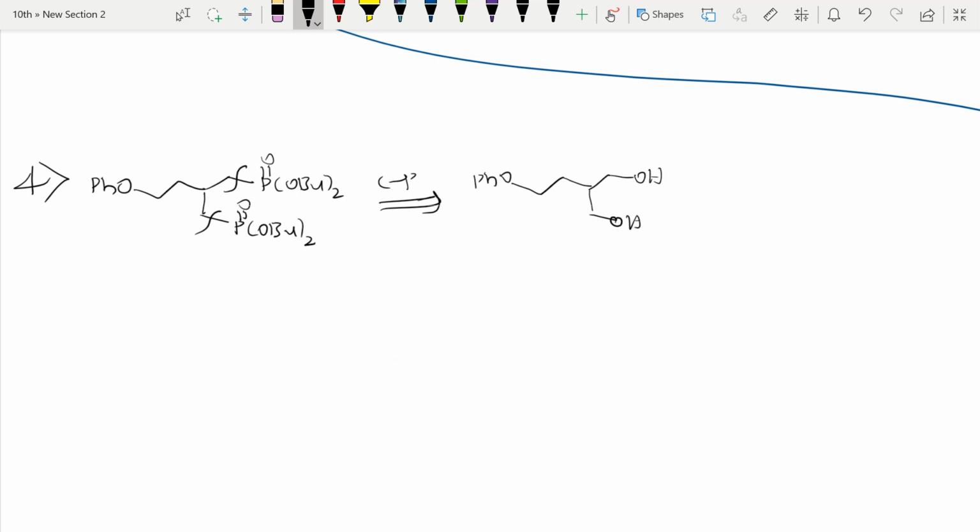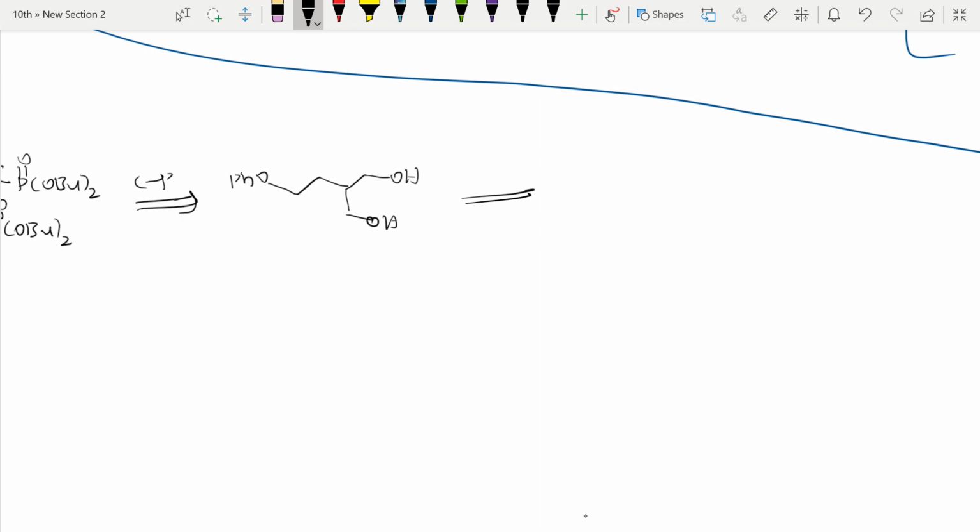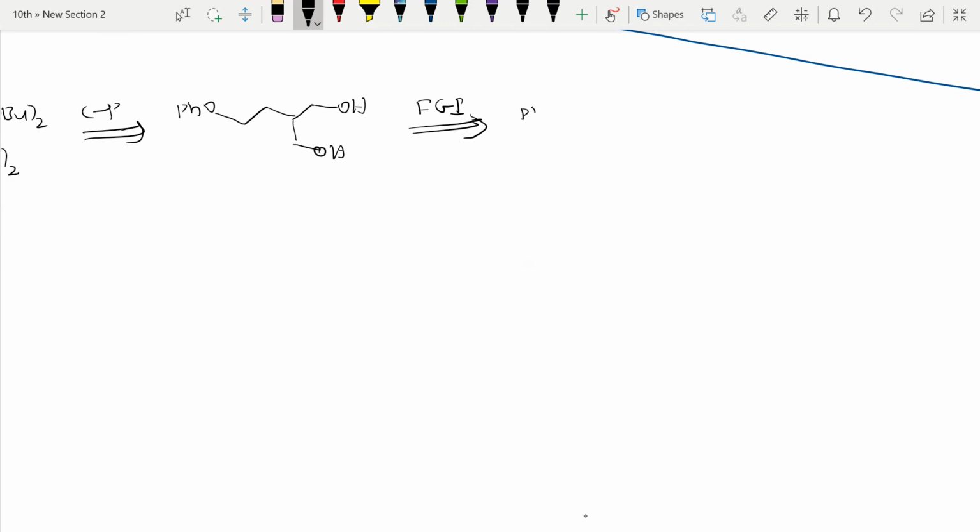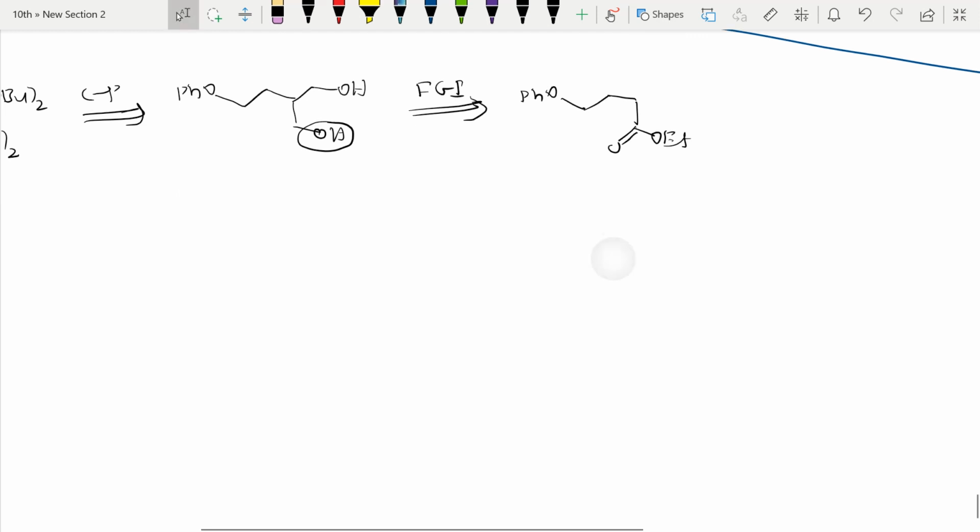Further what we do, we just do functional group interconversion, FGI. What is that? See here, I convert that alcohol into esters. Why I will do that, I will tell you. So this is alcohol, right? So here C is there, I'll just convert it to esters. We can convert alcohol to esters and esters to alcohol easily, OEt, right? So same carbon, nothing new, same number of carbons are there. Here also same carbon, I just converted the alcohol into esters. If I write the reaction, you will get to know, right?